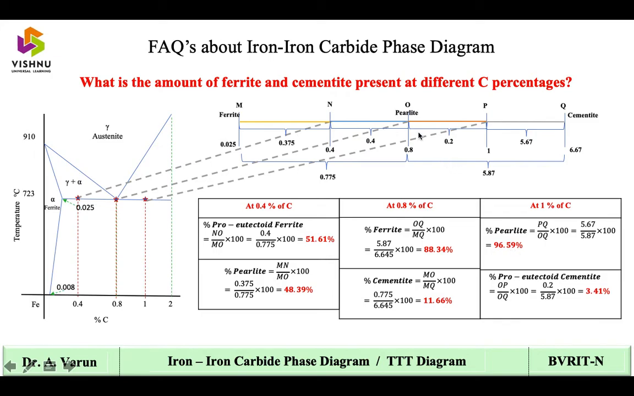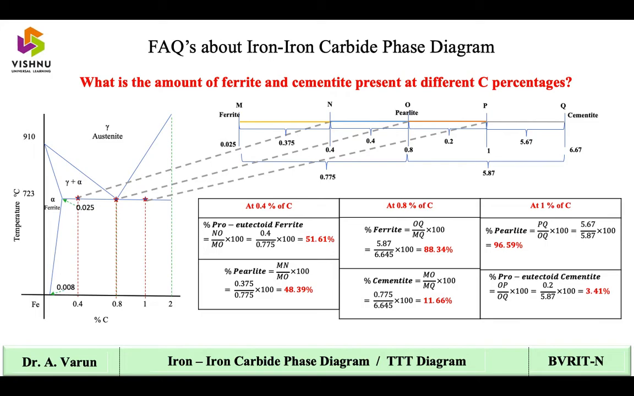which is 96.59% of pearlite. And for proeutectoid cementite, OP by OQ, total length, into 100, which is 0.2 by 5.87 into 100, which is 3.41 percent of cementite. So this is how at any given percentage of carbon you may find out the different percentages of ferrite and cementite present, or for that fact you may consider it for any composition for any kind of phase